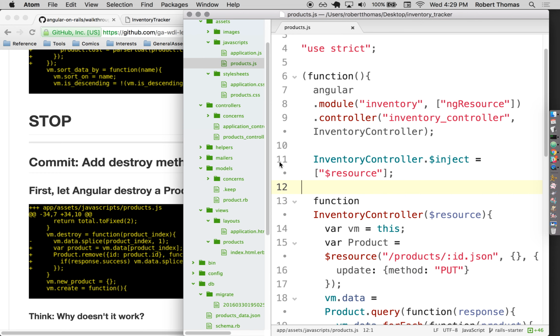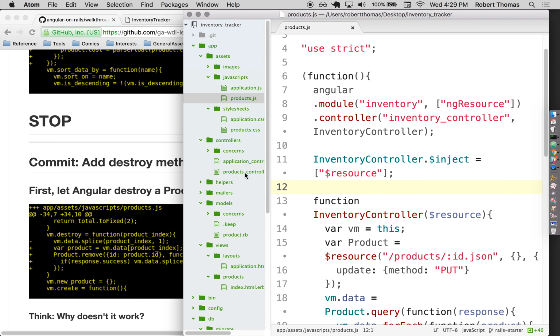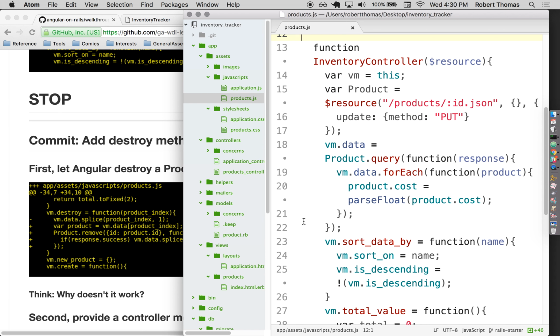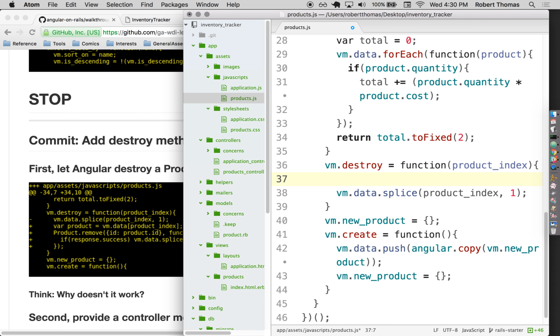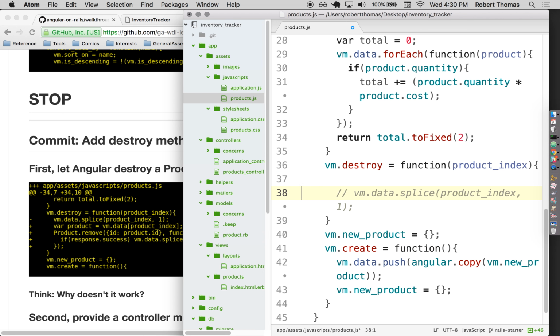So we have reading. Now we're going to start destroying stuff. So let's see. First, I am going to set up the destroy method in here. So this is, again, going to be pretty much the way you did it before. I'm going to say product. I'm going to comment that out. I'm going to do product.remove